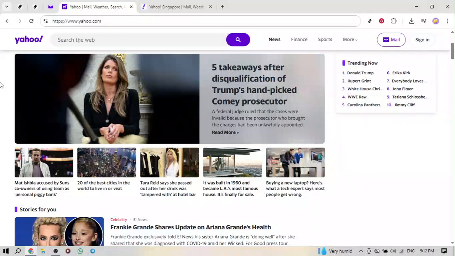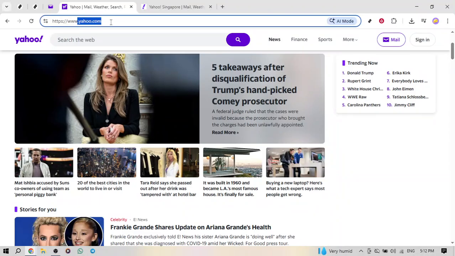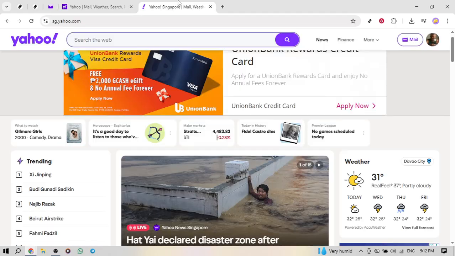In today's video, I'm going to teach you how to adjust font size in Yahoo Mail. First, open your web browser and head to yahoo.com. If you're not already signed in, look to the top right corner and choose Sign In, then securely enter your account details. Once you're signed in, click the envelope mail icon at the top right to open your Yahoo Mail